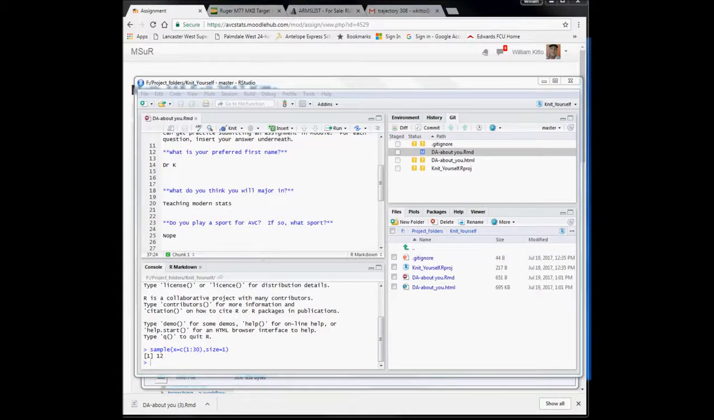Now we're at the point where we knitted. It looks good. Something to note is that the knitted file came out and it's in our project folder. There it is. It's an HTML file. That's the one we're going to turn in. But at this point, what we want to do is update in Git our creation. So we want to stage this